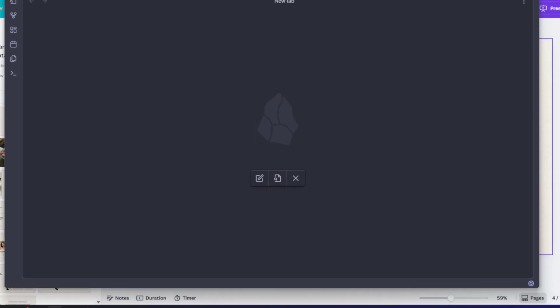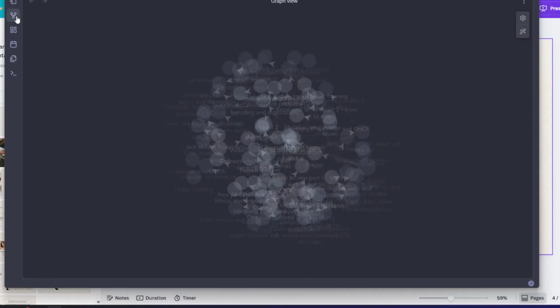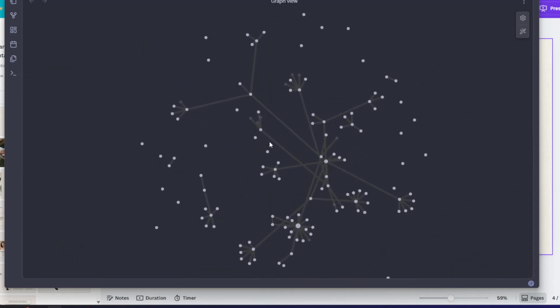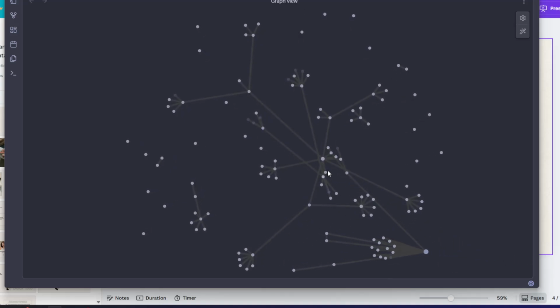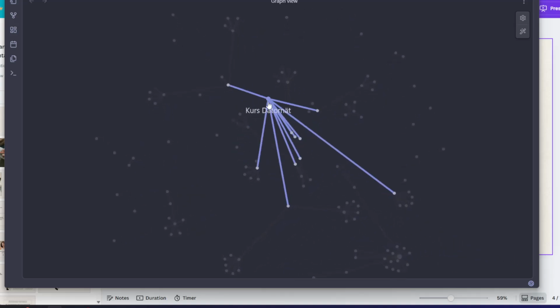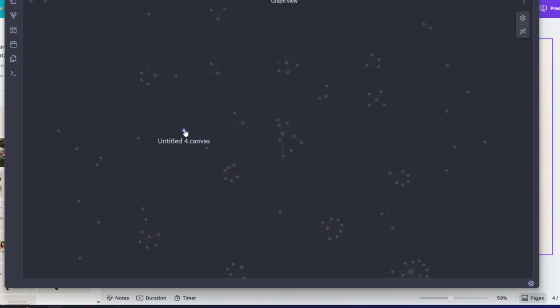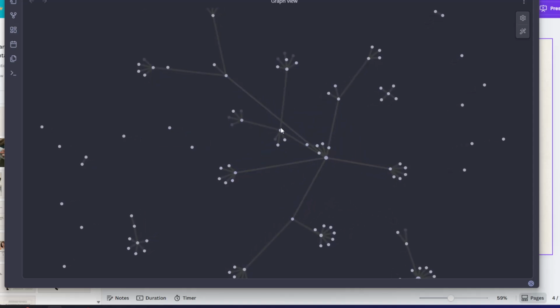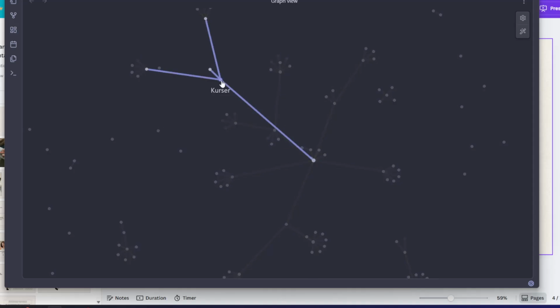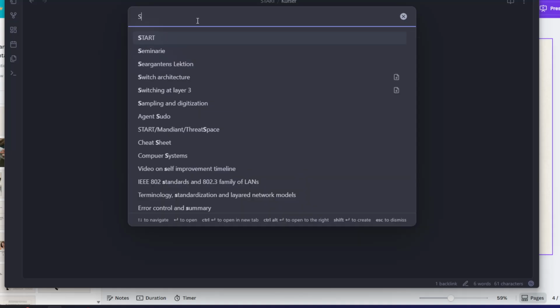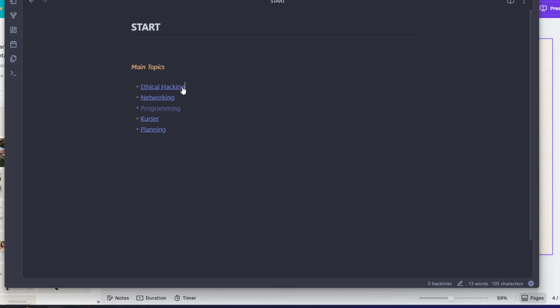So I'm in Obsidian right now. I have a special theme on, but these are my notes for cybersecurity. There are plenty of notes, and it gets put up in a graph view like this. There are tons of plugins to make this look more beautiful, but as you can see, here's a course, here's a course, here's the main. So if I want to go to start, I did it like this, and then I have ethical hacking, networking, programming, courses, planning. So if I'm going to go into networking,